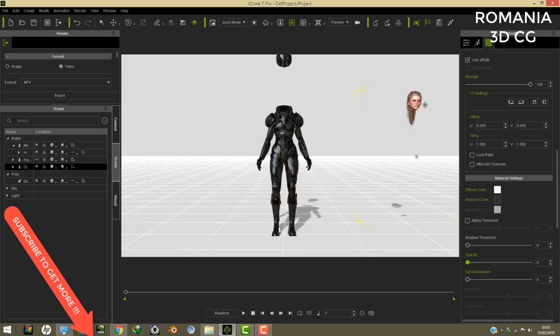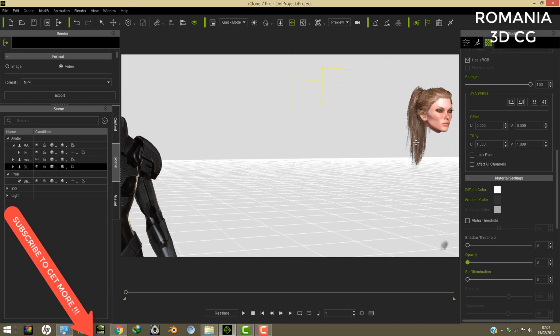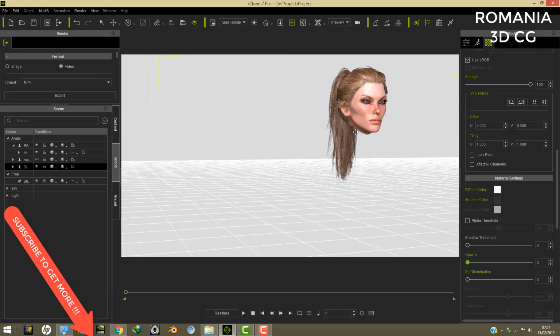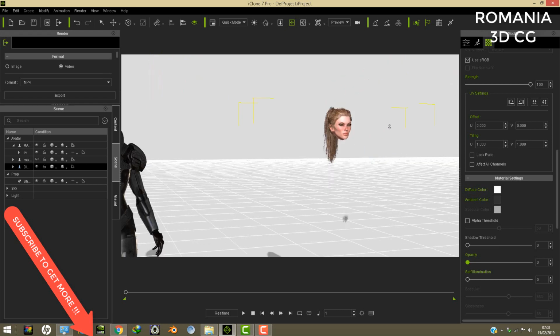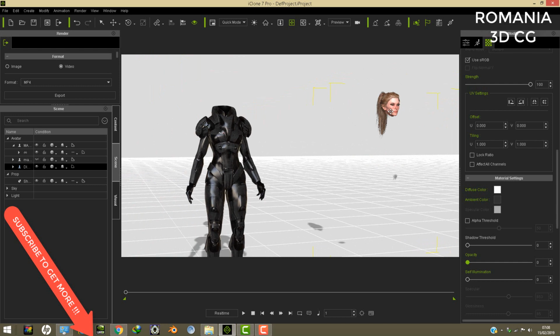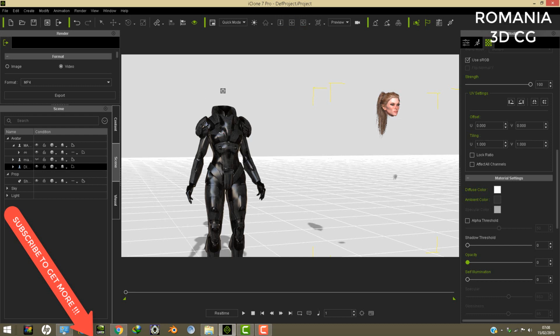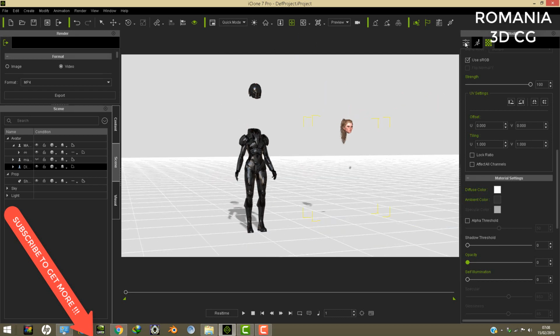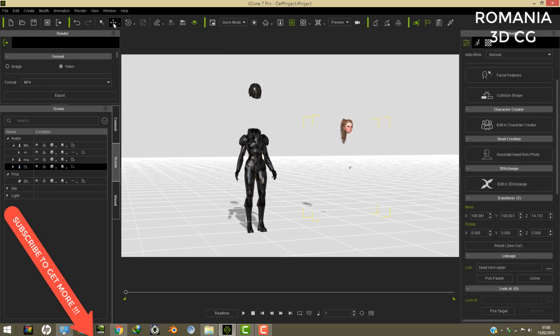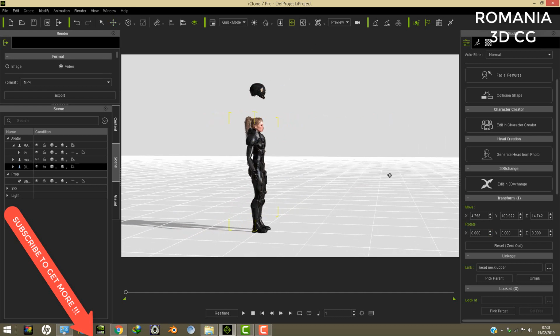And then after that, when it looks like this, let's say here you can also have a Genesis character. My advice to you is to leave the neck part on for a Genesis character. But this is an iClone 7 character, so when we are at this stage, you can go there and link to the head right there. Then after you track the character there, you go here, or maybe you can just drag until that position because it's far to move with this. Then after establishing a perfect position for it,